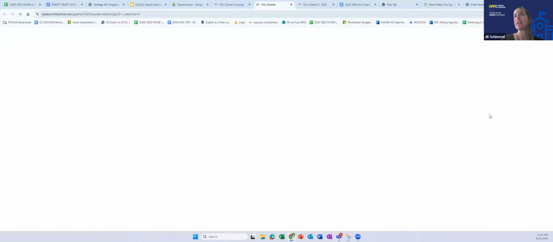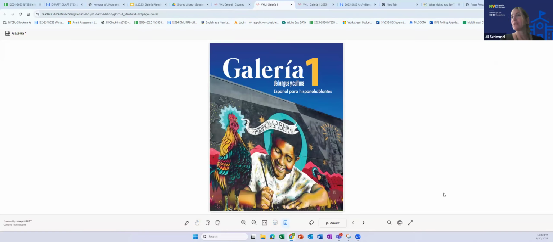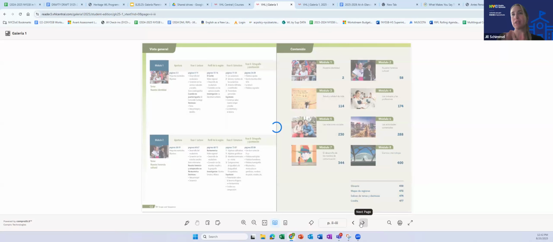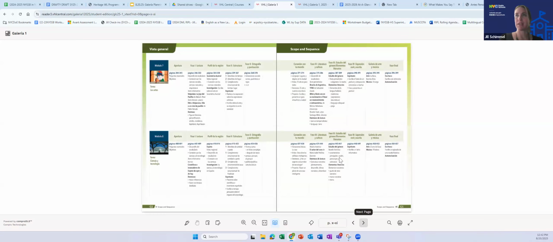Okay, because that links to the student activities, right? So we are not in person. You do not all have the teacher guide in front of you. Some of you may, but to do a deep review of each module, it's important that you have not just the teacher guide open, but you have this actual textbook so you can click through it, just like you would if you had it in your hands, right?